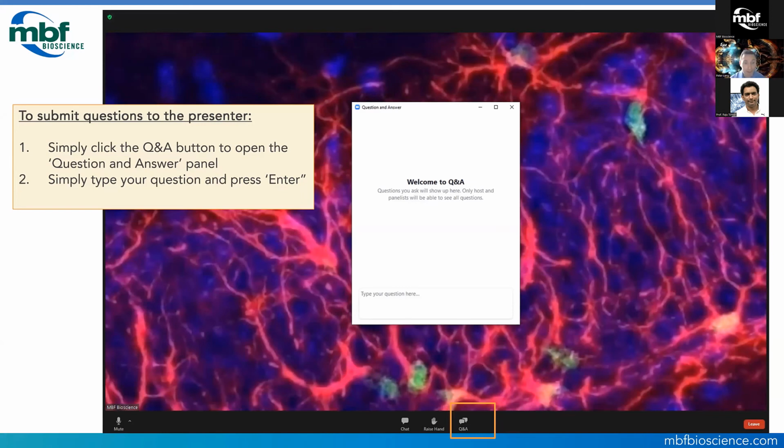Our first question: what is the maximum thickness of a tissue you have scanned using this technique, both in mouse and humans? Also, can we image monkey brain with this? Well, I can tell you, on the MBF Biosciences side of imaging, we've done 6 millimeter thickness in mouse brain, and we've done some human samples, a few millimeters. Raju, maybe you can